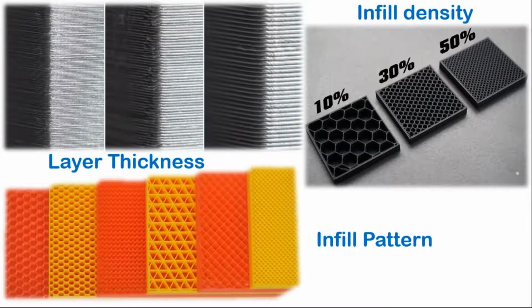These are some of the terms you can see: layer thickness, infill density, and infill pattern. Layer thickness means you can see it here. This is a very thin layer. I can say 0.1 mm layer thickness, 0.2 mm layer thickness, 0.4 mm layer thickness, like that. If you increase the layer thickness, the material consumption will be less because less material will be consumed. Layer thickness means the thickness of each layer. And infill density means inside. Ravikumar sir has already told about some of these terms, infill density and layer thickness.